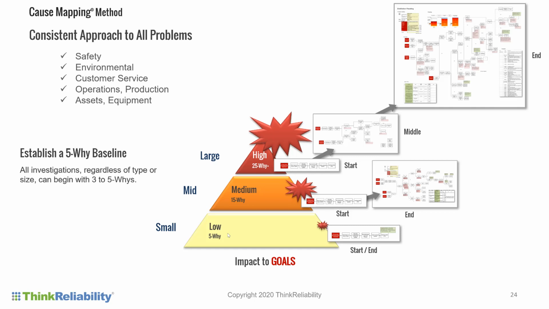The whole idea of establishing a 5 why baseline is that, regardless of the type of incident, it can start very basic. This means frontline problem solving is the huge opportunity in an organization because it engages the frontline people. They are part of that problem solving effort. This is why things like our 5 why COSMAP starter page is such an easy way to begin. It's super simple, basic information, a few why questions. It's a simple sheet of paper. You can use it on a clipboard, very basic.